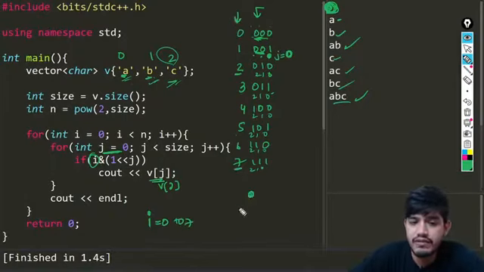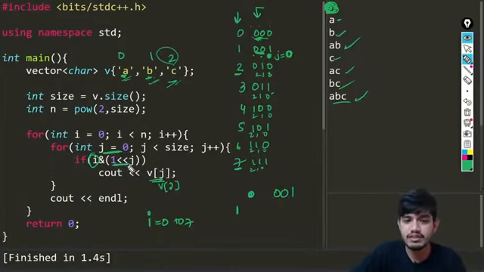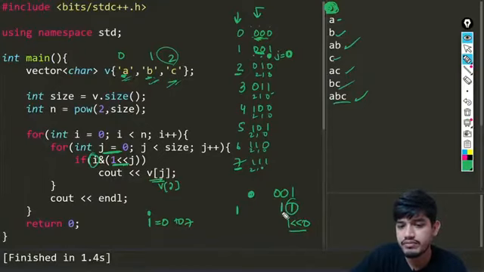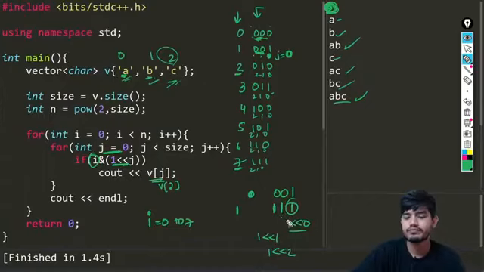Okay, and in this, suppose the value is something like 1, and 1 is nothing but how we can represent this 1, this is 0, 0, 1. Okay, and then we are going to be just checking whether this bit is set or not. So we have this 1, and we are starting from j equals to 0, right? So if we left shift by 0, it is going to be 1 only. If it is something like 1 here, it is nothing but this one left shifted by 1 position, and it will be coming here.